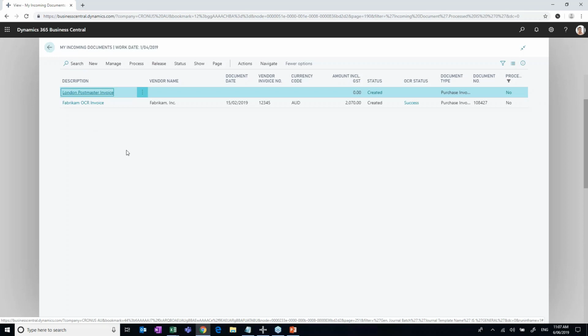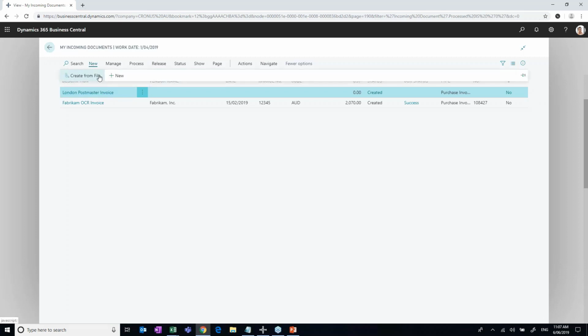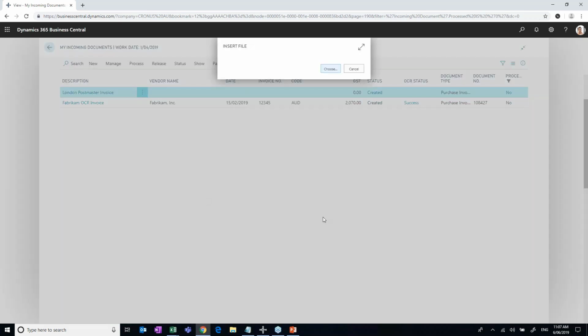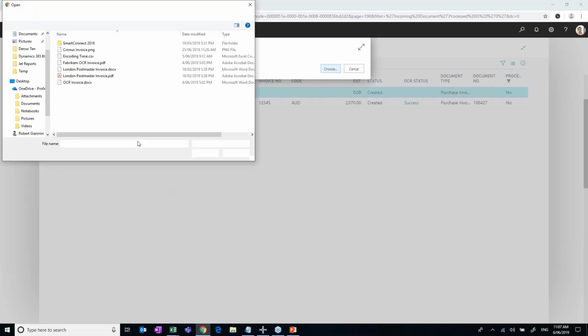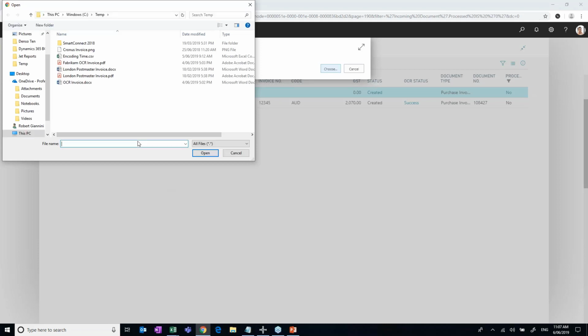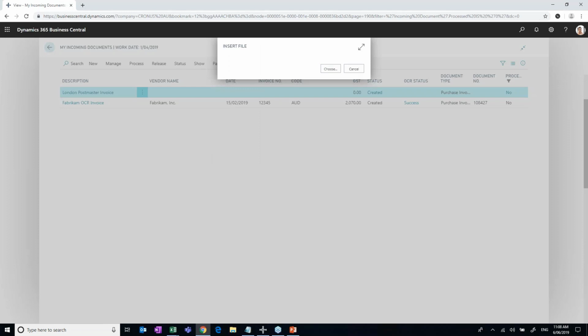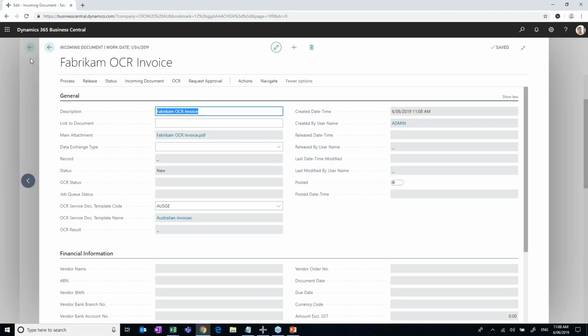So what I'm going to do, rather than send an email in to myself, I'll just create one here manually. So I'm going to go new, and I'm just going to create one from a file. All I'm going to do is point this to a PDF file to mimic that process whereby an invoice comes in via my supplier, in this case in PDF format. So I've just picked up a PDF that's coming from my vendor, and I've put it through into my incoming documents area. What that will do is it creates an incoming document record, and what we can do is